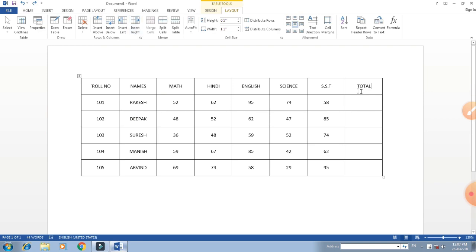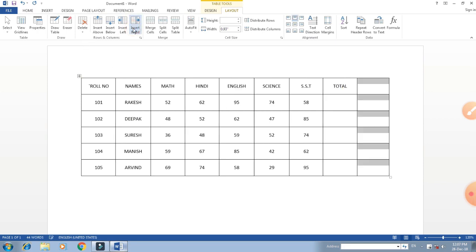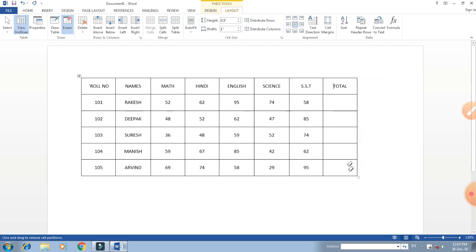Now insert above rows. So now that was delete; for insert, if you want to insert one column or row above, right or left, here is given insert above, insert below, insert left, insert right. Suppose you want to delete, so delete that right side by using the eraser here. Everything is given here: insert above, insert below.